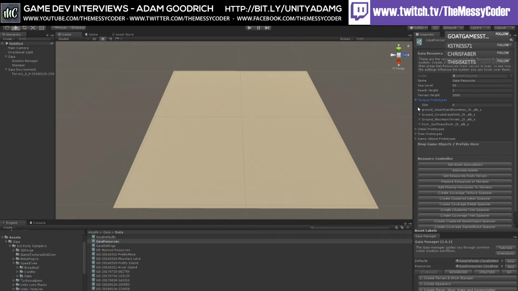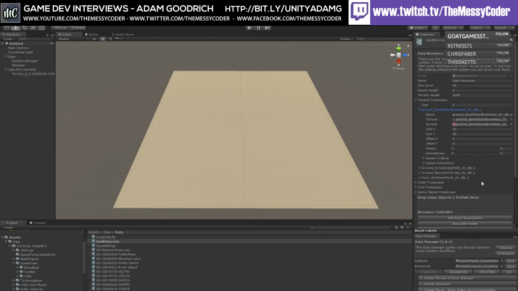So this is actually all of the resources that Gaia adds to your terrain from this resources file. If you want to change what goes into a Gaia terrain, duplicate this and just update the assets with the assets that you want to use. So if you open up one of those textures, here we can see the links to the physical textures and some settings for how they go into the terrain. And then if you open up the spawn criteria,